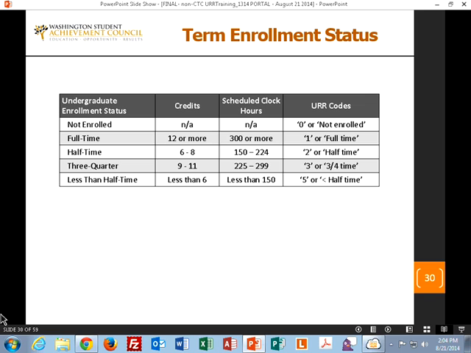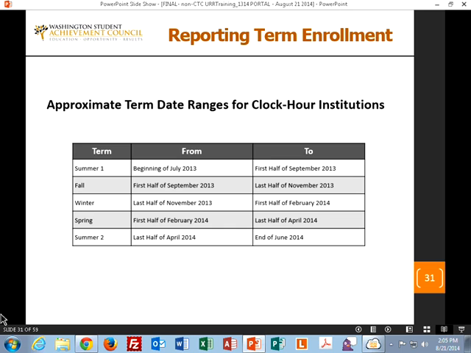So if a student is full-time, and this will show credits or clock hours, you'll give them a 1, half-time, a 2, 3/4 time, a 3, and less than half-time a 5. And for career schools, proprietary schools, this is the range.